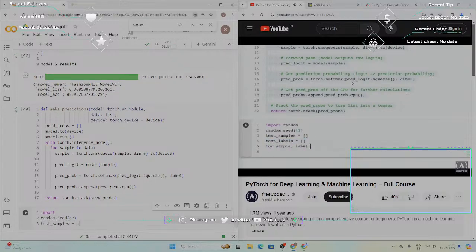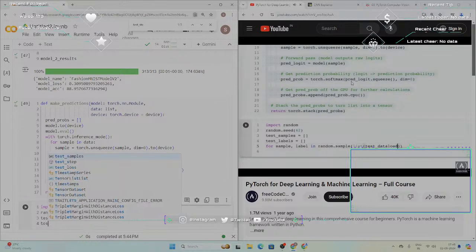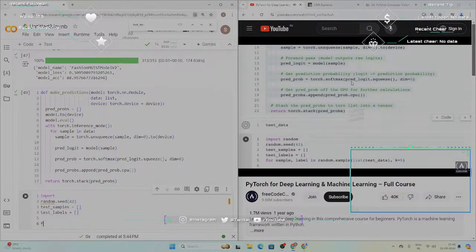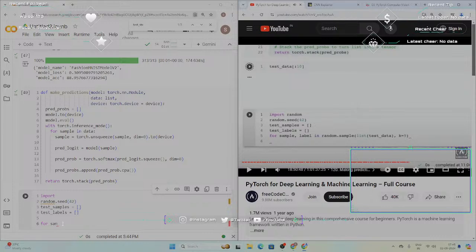So for sample, comma label, we're going to use random to sample the test data. Now note that this is not the test data loader. This is just test data. And we're going to set k equals to 9. And recall, if you want to have a look at test data, what do we do here? We can just go test data, which is our data set, not converted into a data loader yet. And then if we wanted to get the first 10 samples, can we